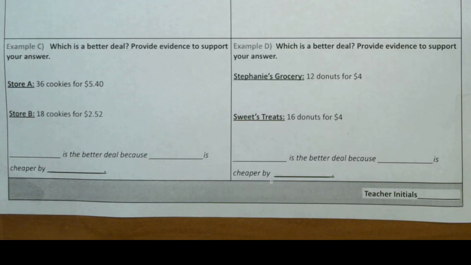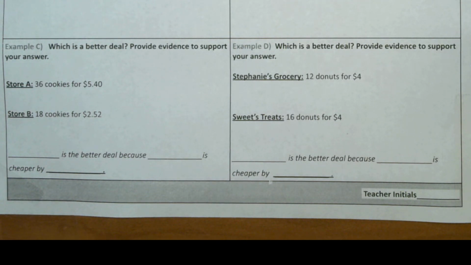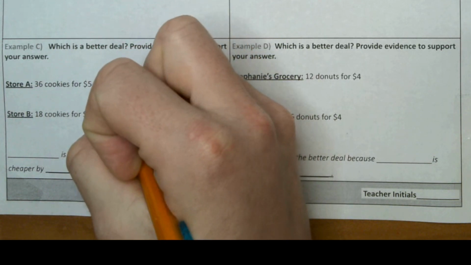Example C says, which is a better deal? Provide evidence to support your answer. 36 cookies for $5.40 or 18 cookies for $2.52. So when we want to figure out the better deal, we're going to figure out the cost per item, or in this case, the cost per cookie. So for store A, make sure you're writing with me. We're going to write